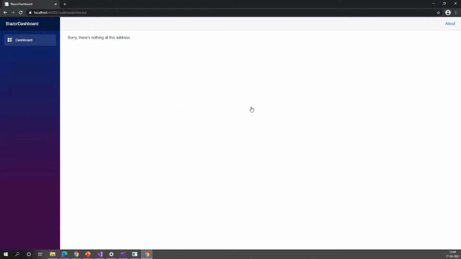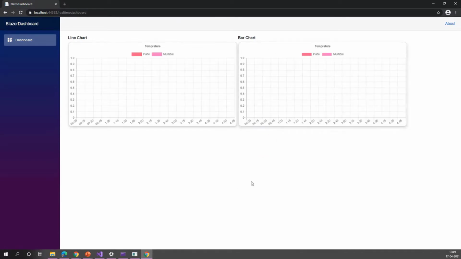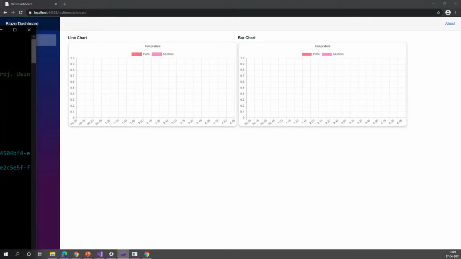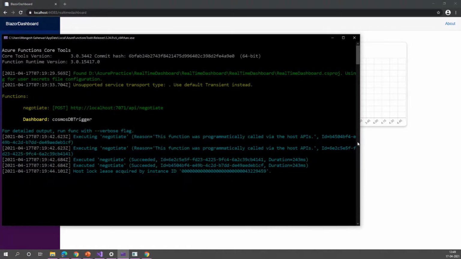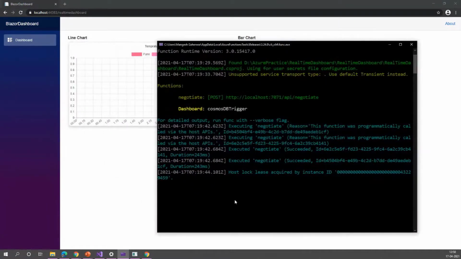There is nothing on that yet. Okay, here we are. It is loading. It is taking a bit of time to execute the function. Here we can see the function is not executed yet. I don't know what is happening.